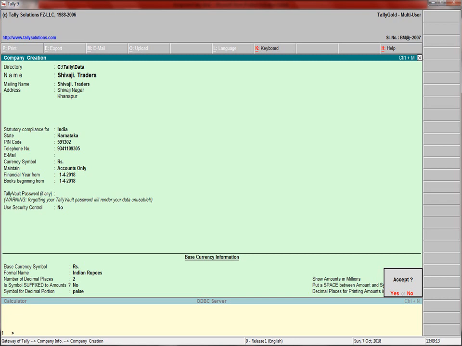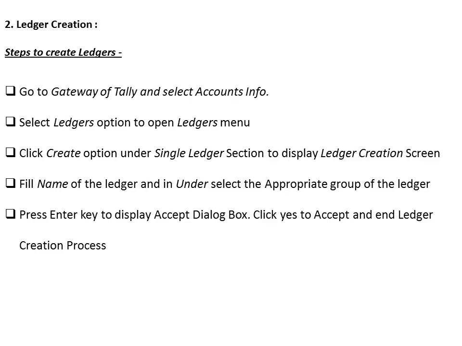Next, financial year from 1/4/2018 and books beginning from 1/4/2018. After completing this, press the enter key till the accept dialog is displayed in the corner. You can click on yes, and the company creation is done automatically.